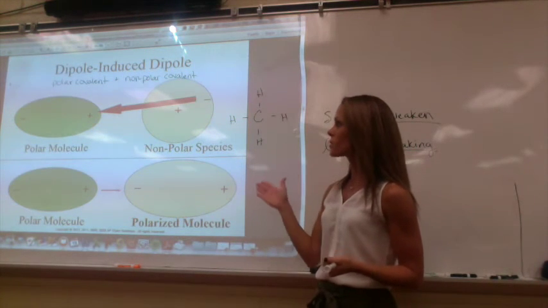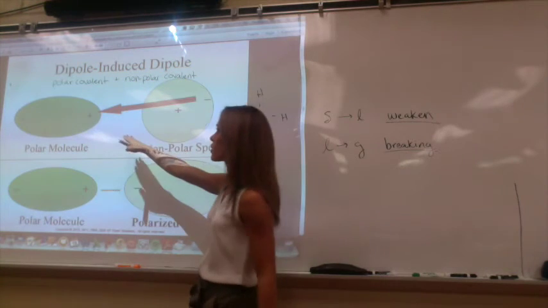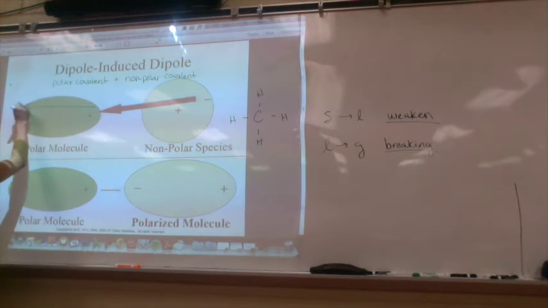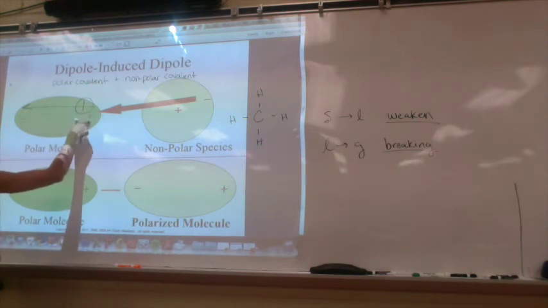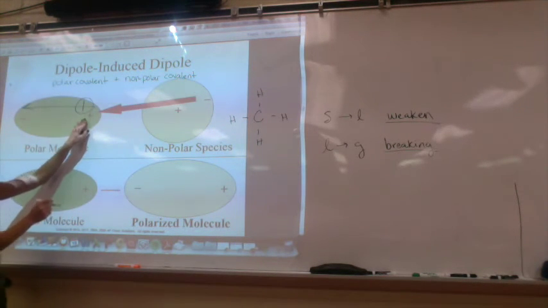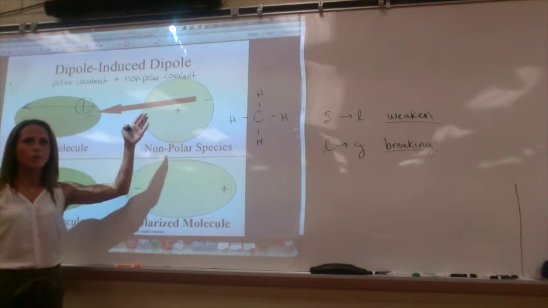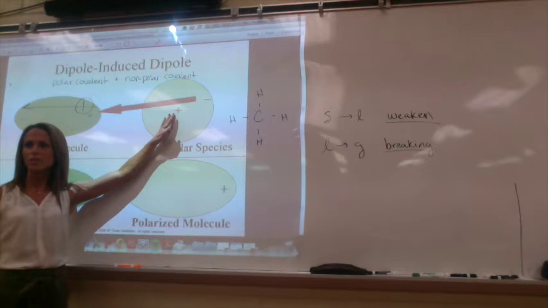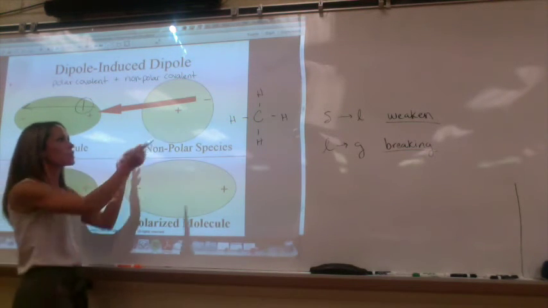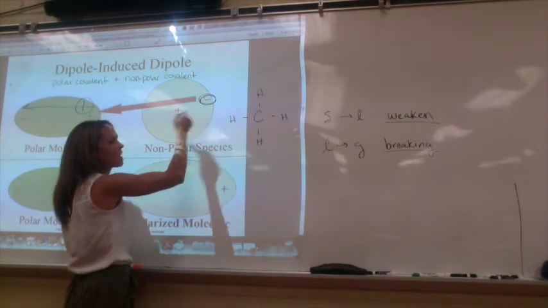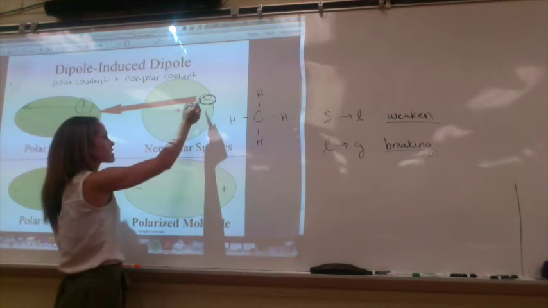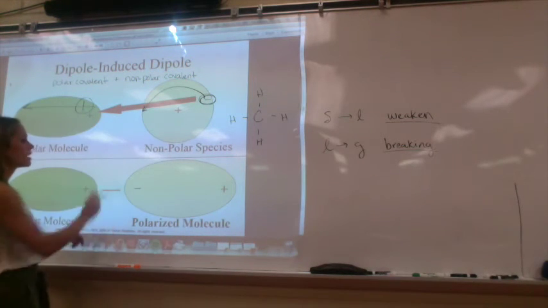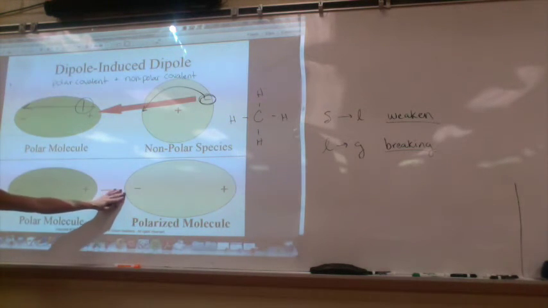However, you can induce a dipole moment because this polar molecule creates a positive end, right? So in other words, the electronegativity is pulling this way towards whatever this is, creating a positive end on this side. Because there's a positive end, what's in my nonpolar molecule? What's in those bonds? Electrons. And electrons are what charge? Negative. So what happens is this electron and all the electrons in the bonds get a temporarily induced dipole moment where it pulls them over to this side, creating a polarizable molecule.